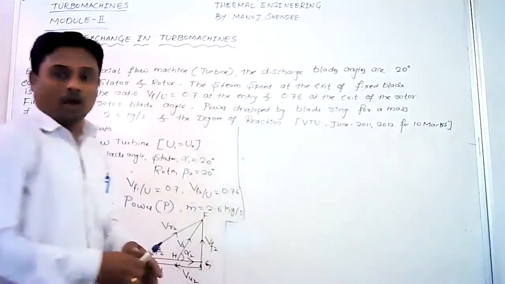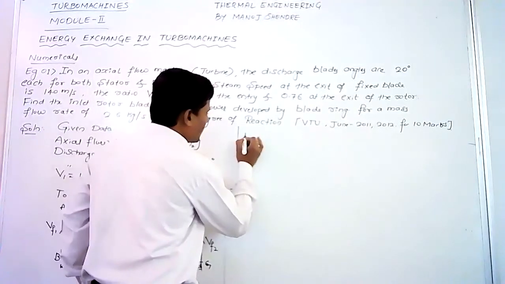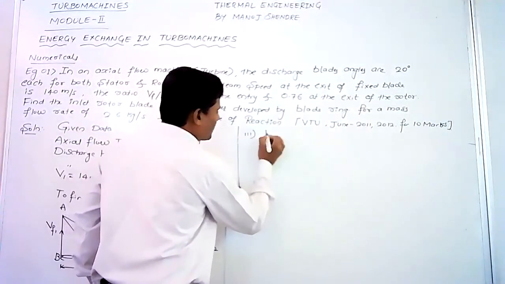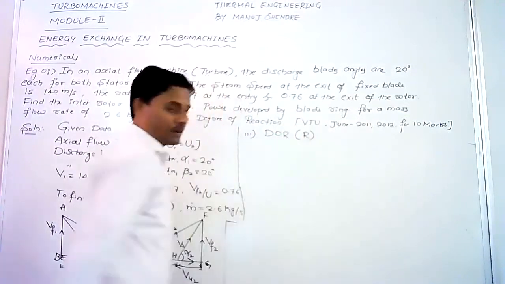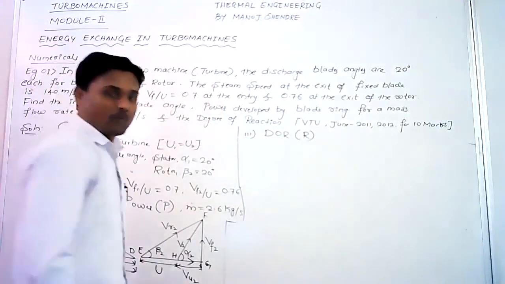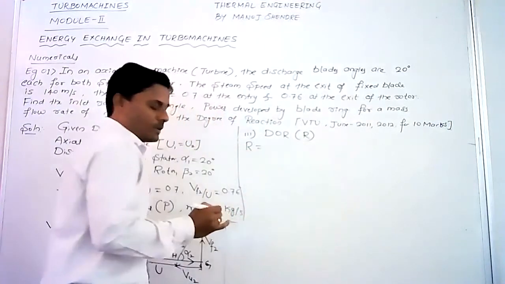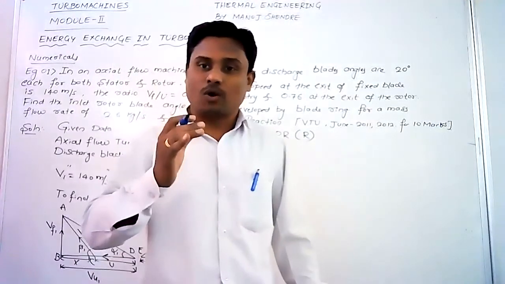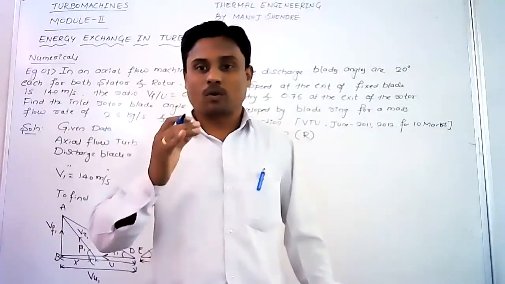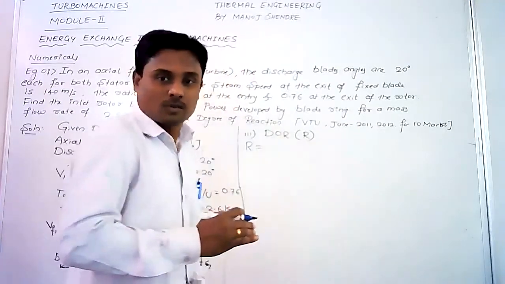Okay. Now, how to calculate the value of degree of reaction? That is the last bit, the third bit, degree of reaction, which is represented by capital R. So we know the formula for degree of reaction as R equals to... the definition of degree of reaction is the ratio of static enthalpy drop in rotor to the total enthalpy drop in rotor. So which is given by